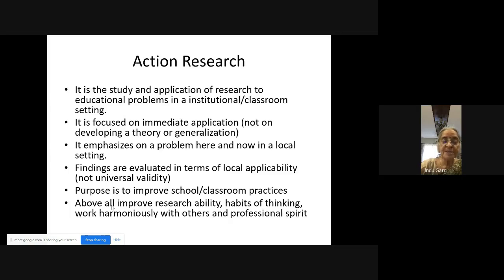So the purpose is mainly to improve your own classroom practices, class management. Very many times you keep saying, keep quiet, children sit down. It will not help you. And then you find a solution how to make these students quiet as soon as I come into the classroom, and you realize the way you walk in, the way you conduct yourself, and the way you keep yourself silent for 2 minutes, it works. Everybody wonders, teacher has come and immediately they will work.